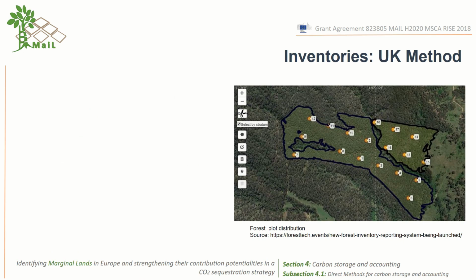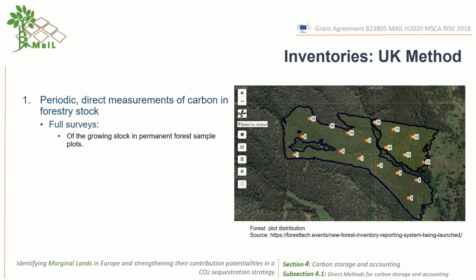Another direct method is the forest inventory. We will explain the case of forest inventory for the UK. According to the UK Forest Research Centre, carbon levels in forestry are accounted for through the following direct processes: the periodic direct measurements of carbon in the forestry stock, which are composed by full surveys. The full survey of the growing stock in permanent forest samples,